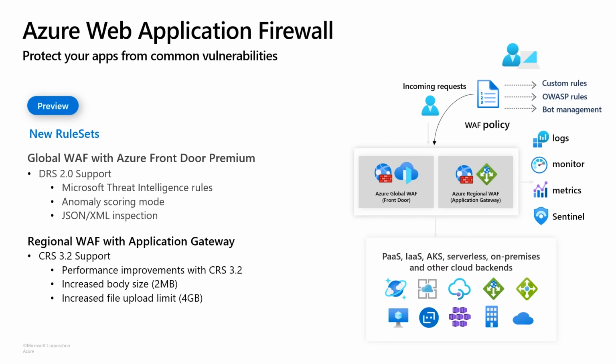Now, what's new with WAF is we have a lot of newer rule sets that we have built into the WAF product. In addition to the rule sets, both the analytics and the security postures have also been increased. We now have Microsoft-based rules also added to the Azure Front Door WAF. So combining WAF with the Front Door solution provides the full protection for applications that are exposed to the web when they're running in Azure.